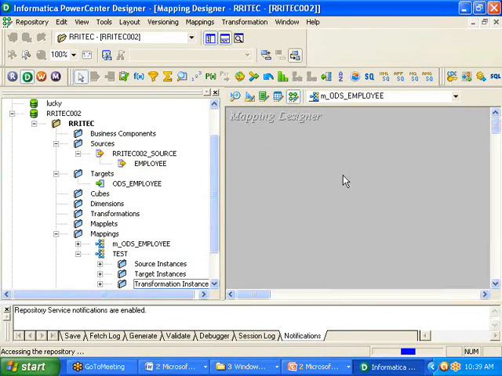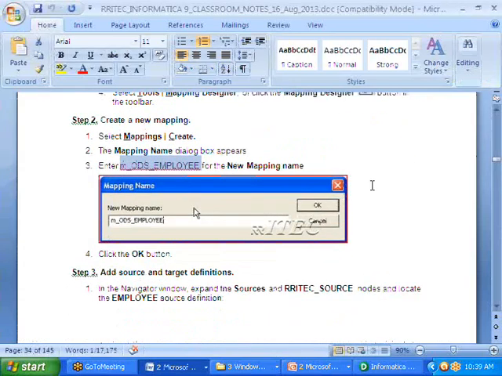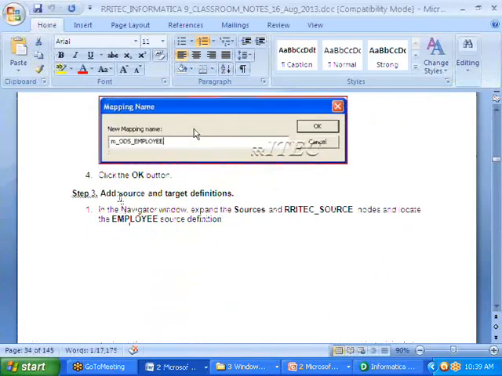That target table we are trying to load. I created a mapping, but of course in this one as of now there is no source available, there is no target available, right? Now we'll try to map the source and targets. For that, let us follow the next one. Click on the OK button. Next: add source and target definitions.